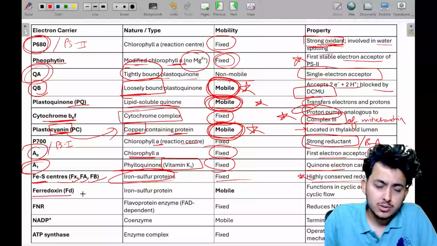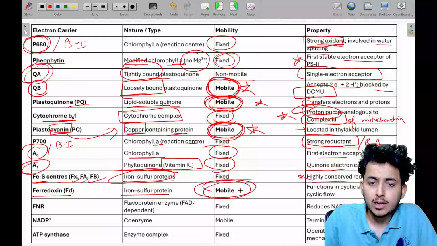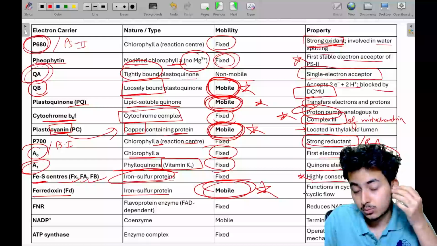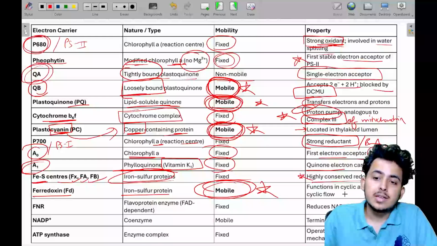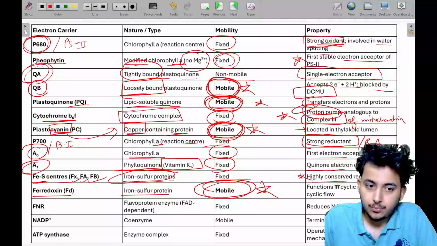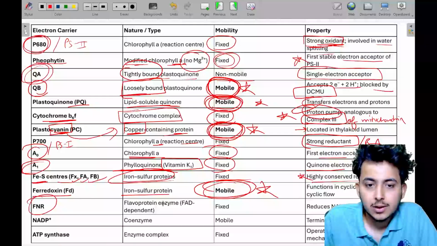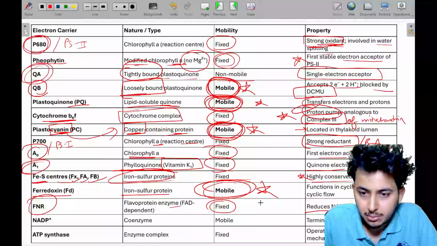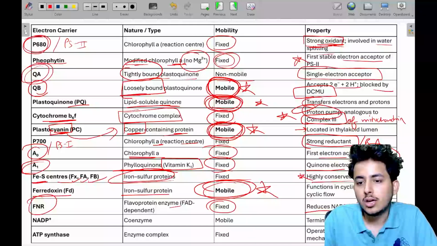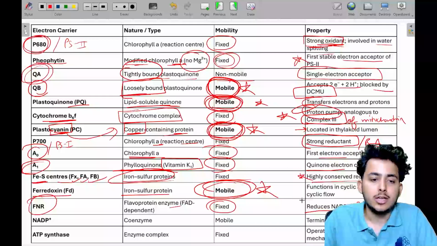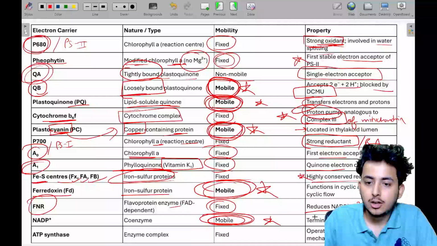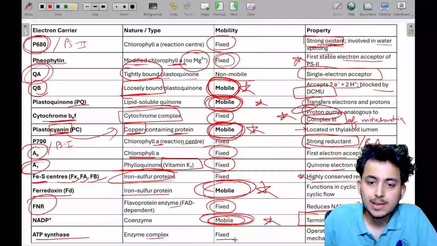Then you have the ferredoxin, that is an iron sulfur protein, again a mobile carrier, very important. It is present on the stromal side and it functions in cyclic and non-cyclic electron flow. Then you have FNR, that is a flavoprotein enzyme, FAD dependent. It is a fixed carrier, and it reduces NADP plus to NADPH. Then you have NADP plus, that is a coenzyme, mobile, important, the terminal electron acceptor. ATP synthase enzyme complex, fixed,